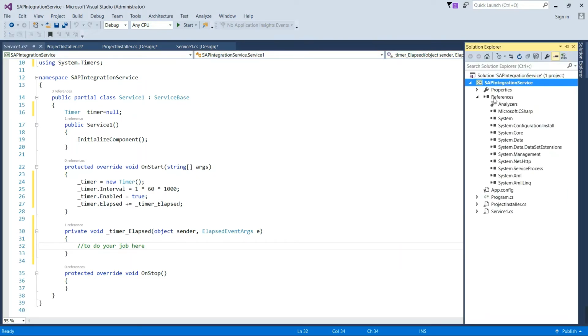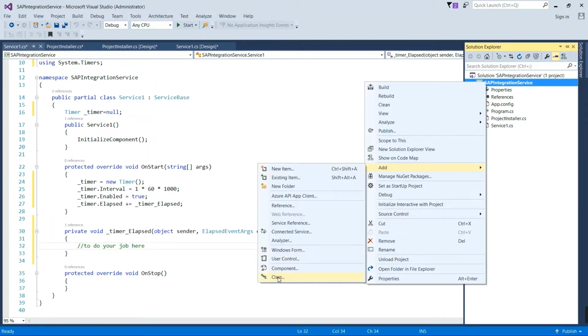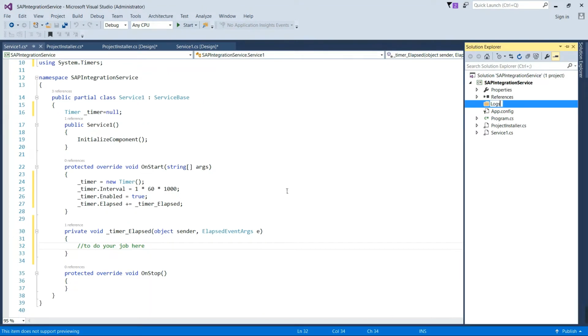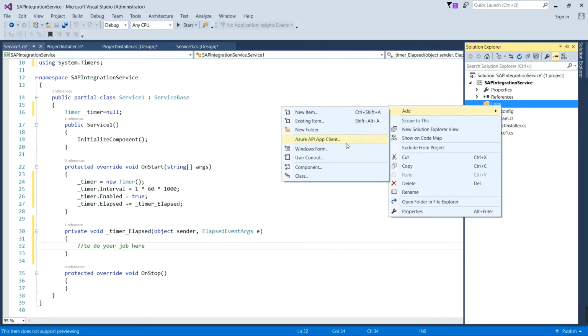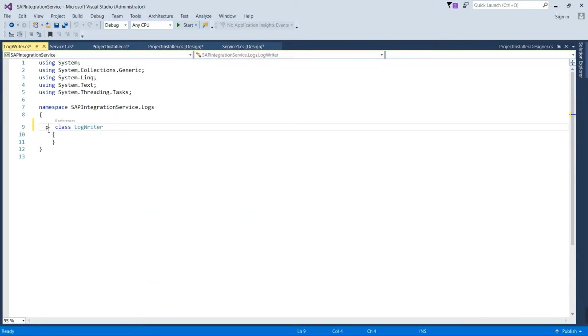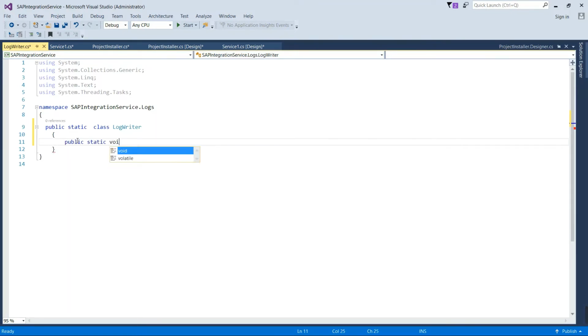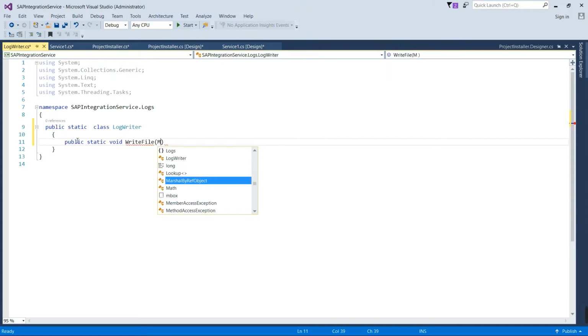So let me create a log writer here. It will take a message as a parameter.